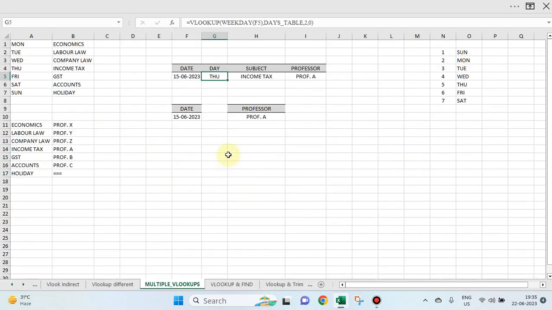We'll now see another combination of VLOOKUP with weekdays. We are using multiple VLOOKUPs in this case. Let's see. We have a table here from Monday to Sunday,